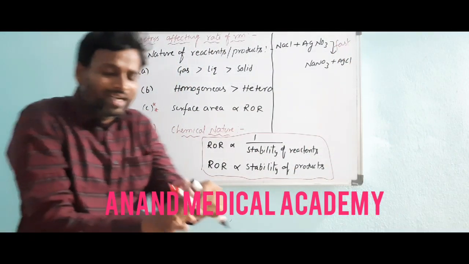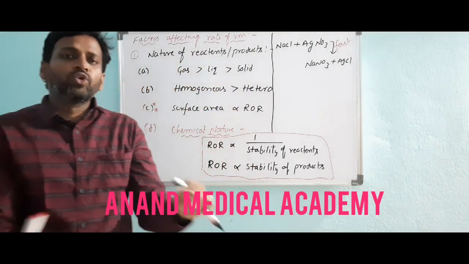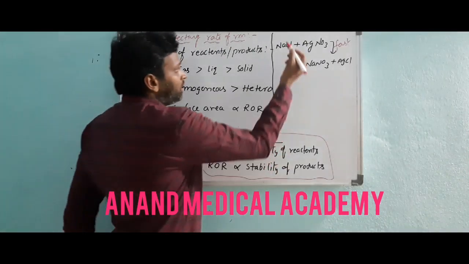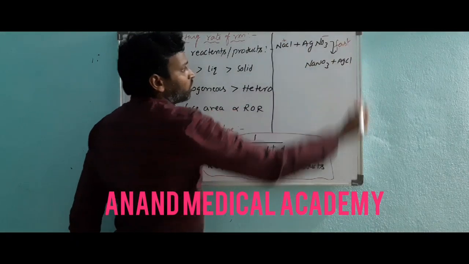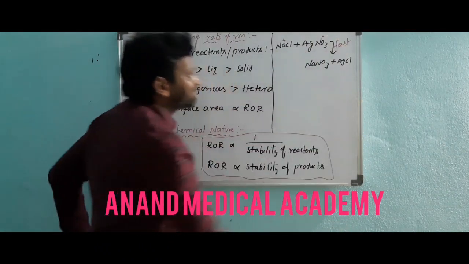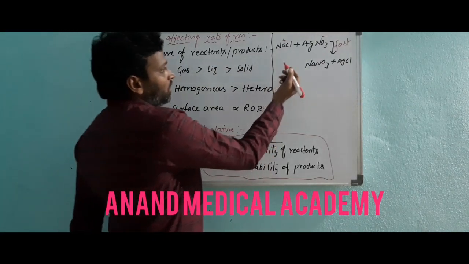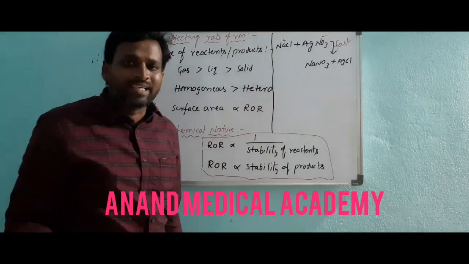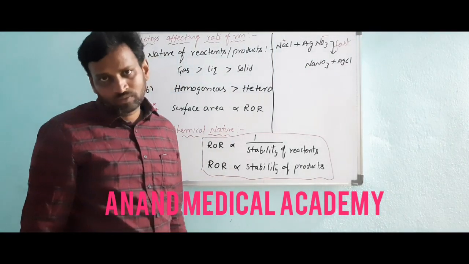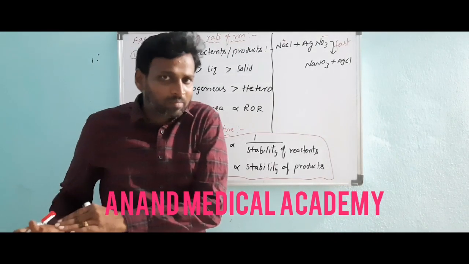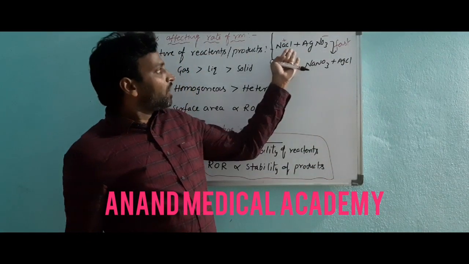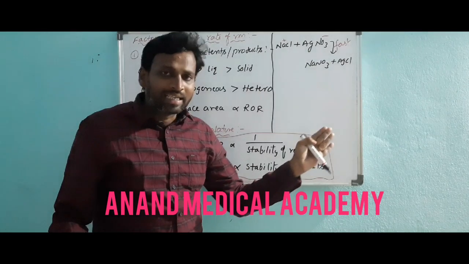Because there is no need to break a bond and no need to form a new bond. Simple attractions are exchanging here. What happened? Na plus is combining with NO3 minus, and Cl minus combines with Ag plus. Simple exchange of ions happened here. So ionic reactants are more reactive than covalent reactants. Are ionic reactants more reactive or covalent reactants? Definitely ionic reactants are more reactive because